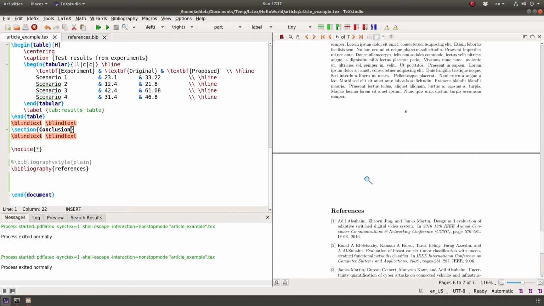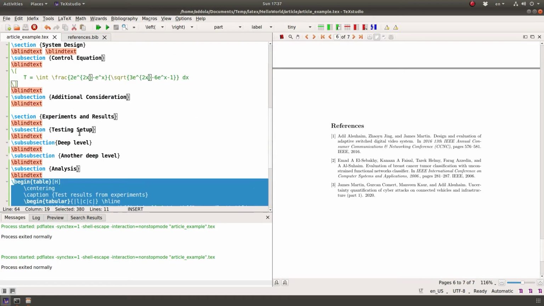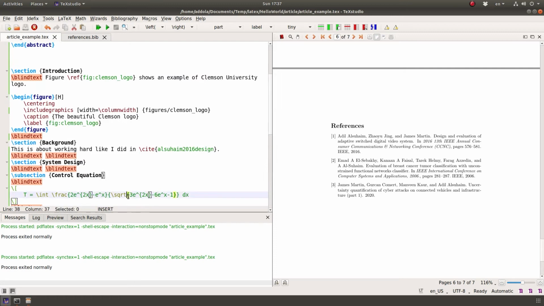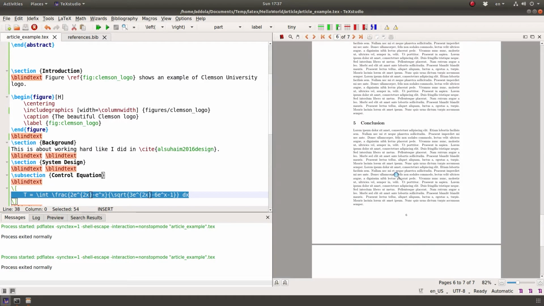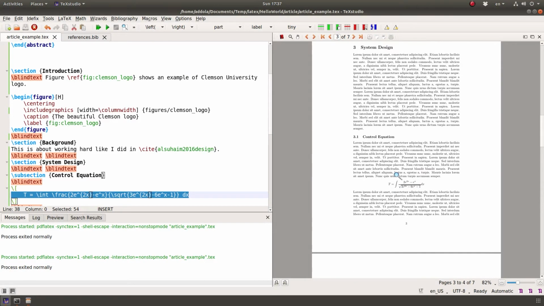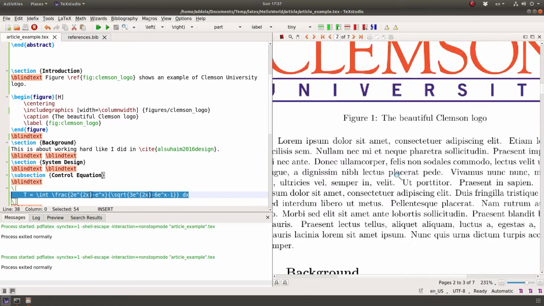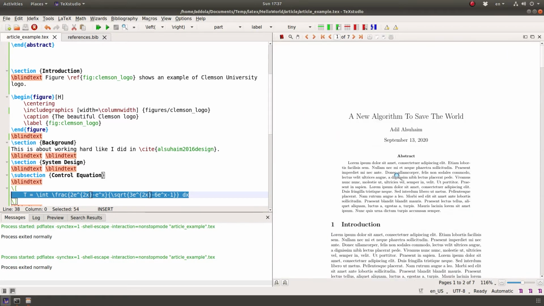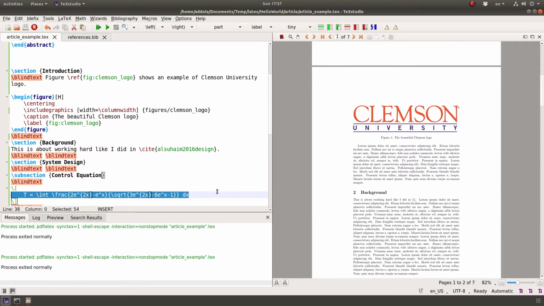And it takes some time to get used to it. Most of the time, you want to learn how to use tables, mathematical equations and figures. And if you need help, you can always find help online. There's a big community that uses LaTeX in academia, and you can always find help in how to solve certain problems. As you can see, the design here, this document has very large margins.